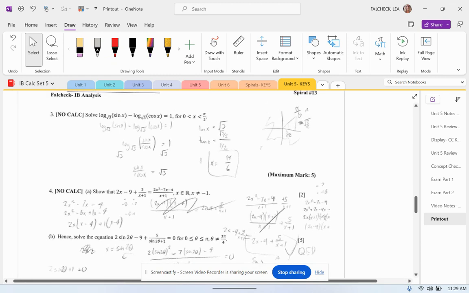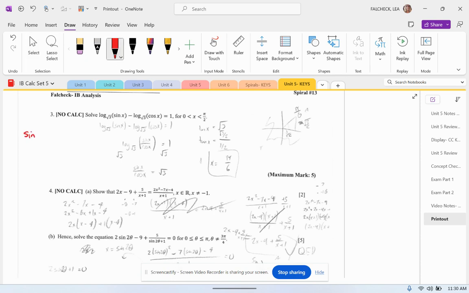Number 3, you rewrote log base rad 3 as sine of x over cosine of x, all in the argument. Good job. Perfect. Okay. So then rad 3. Oh my gosh, you're so close. Let's think about our chart. Sine, cosine, tangent. We have pi over 6. Remember, pi over 6 is the smallest one, so you're dividing by the biggest number. Then pi over 4 is in the middle. Pi over 3 is